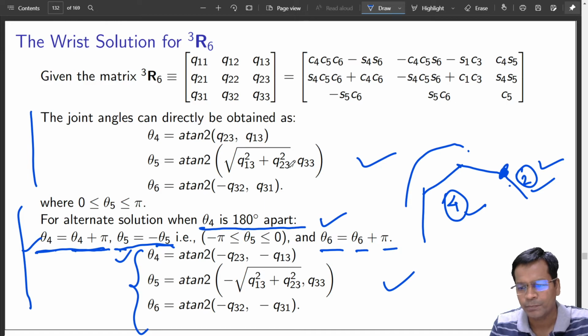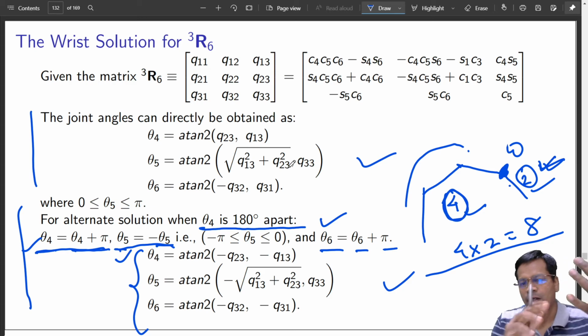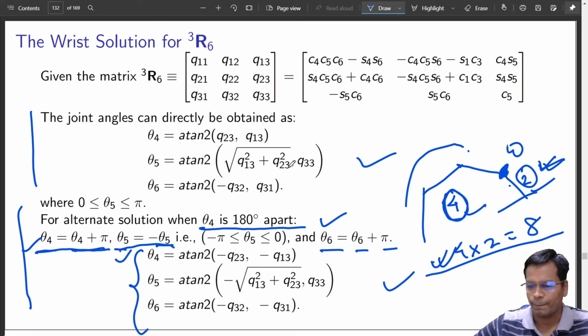Till this point, that is the wrist center point, you have four different ways to reach here, and given this point and the orientation, you can orient in the same manner in two different ways. That means the total solution will be 4 into 2, that is equal to 8 solutions for a wrist-partitioned robot. Four, and each of which can be in two different ways for the wrist attachment. So altogether 8 different solutions are possible for this type of robot. Done? Will all solutions be elbow up?